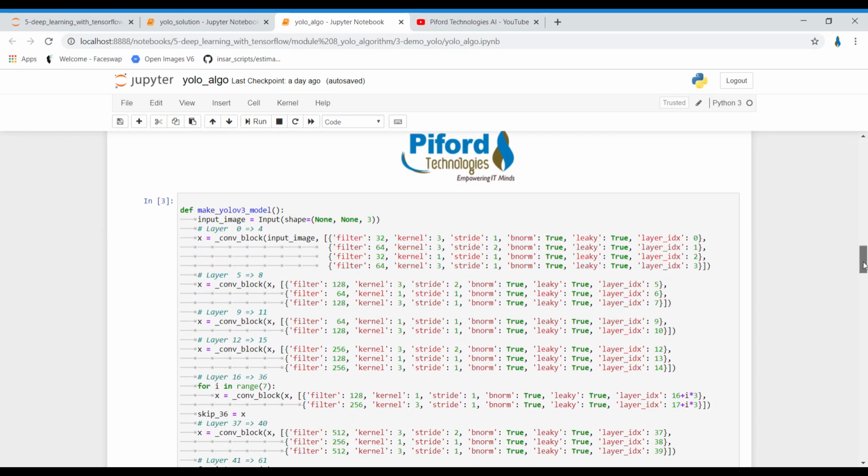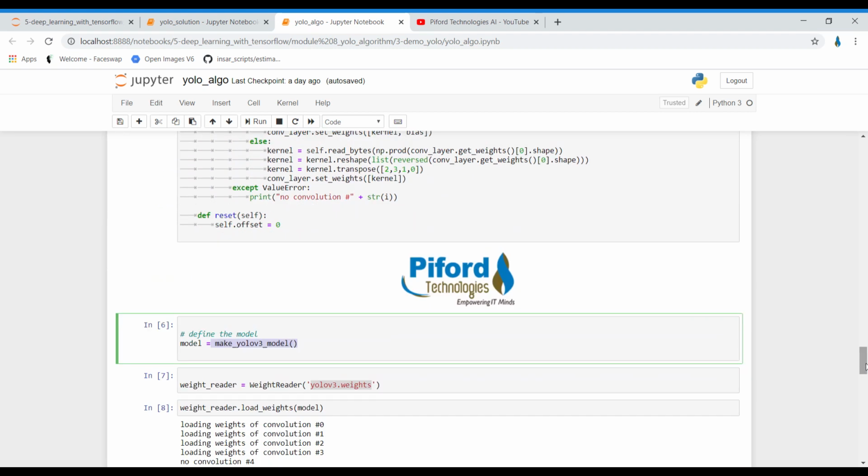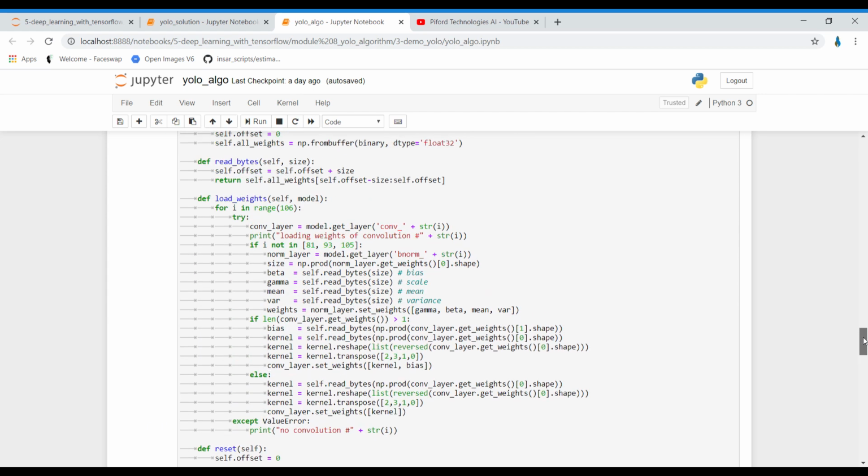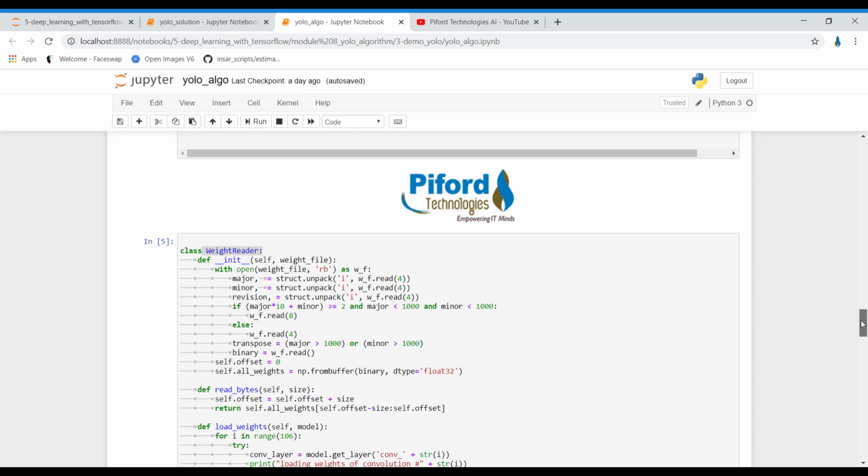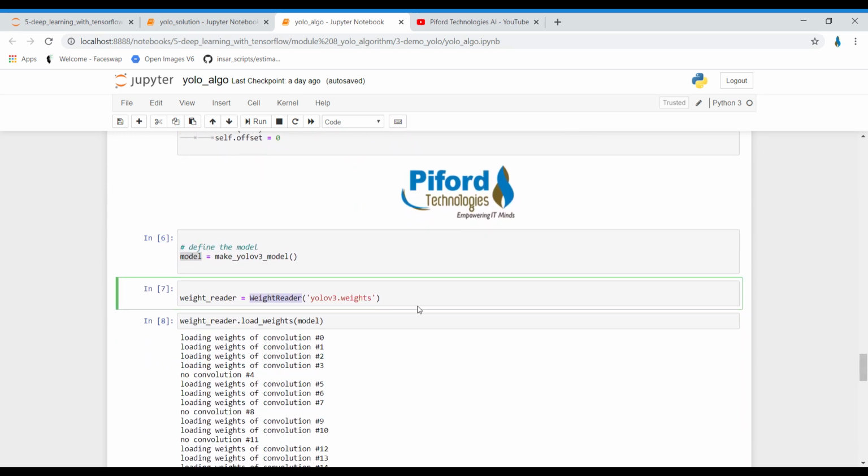I'm defining a model, calling that function here and storing it in the model variable. Then, using the weight reader class, I'm reading YOLO v3.weights, the file I just told you to download.